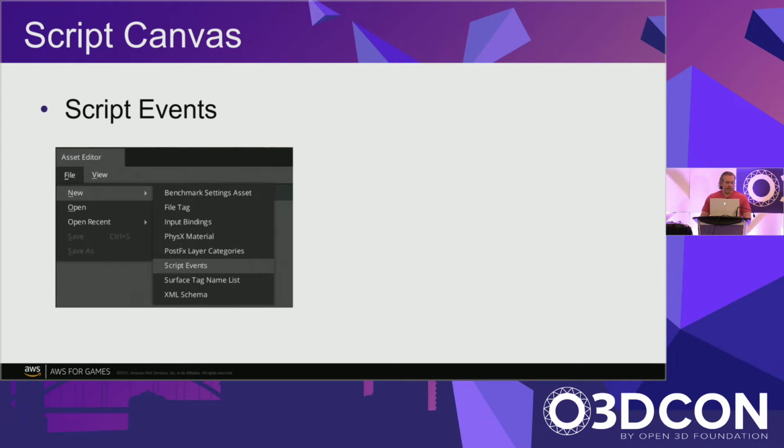In Tools, there's the Asset Editor. File, New, Script Event. Let me make this a bit bigger. A script event is basically a little bit of data that we're going to create that allows us to say, I want to pass some amount of information from one point in a graph to some other point in a graph. You can also use it to pass data from Script Canvas to Lua, or from Lua to Script Canvas,